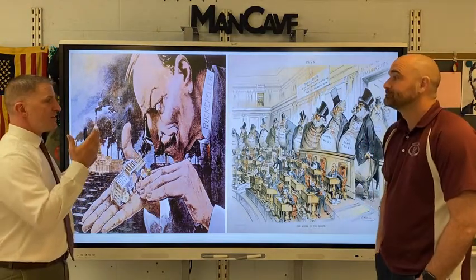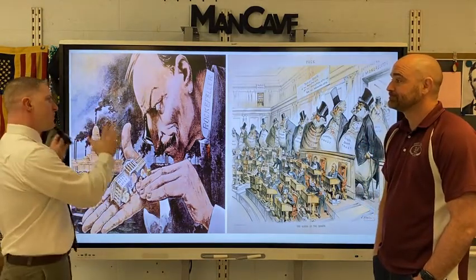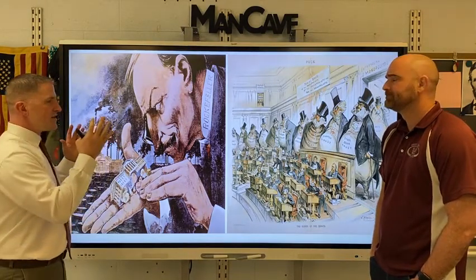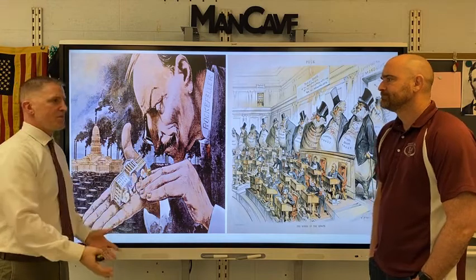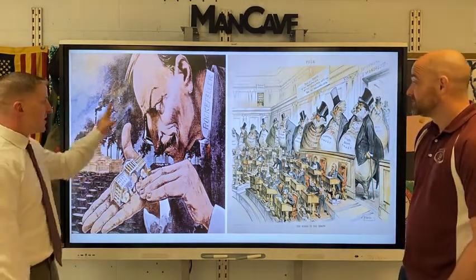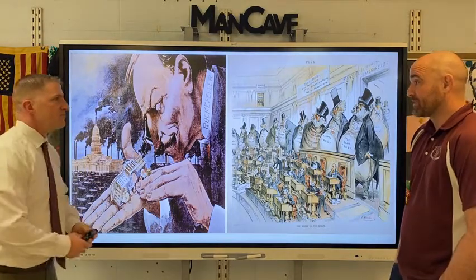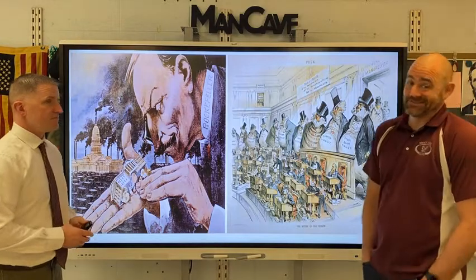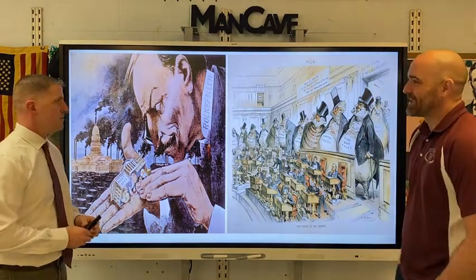We looked at the similarities just in the cartoons, but when we're looking also at the cartoonist's purpose or recognizing bias, there's certainly bias in here. We're seeing here and here, to show the American people that we don't have the power anymore, and somebody, Theodore Roosevelt, is going to have to take that power back.